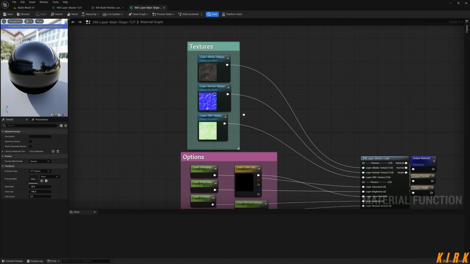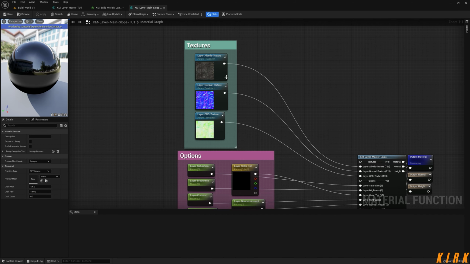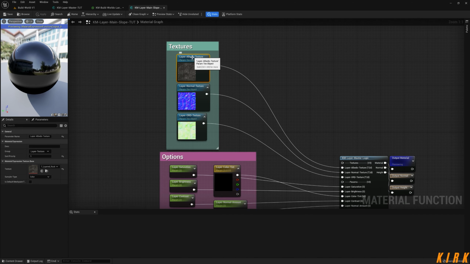We're going to come back into our main slope function, and we're going to change the name. So I'm going to click on the albedo texture. You'll see the word layer. Double click on the layer word and just type, what is it? Main slope, main dash slope. Right, so, and I'm going to highlight that main slope,